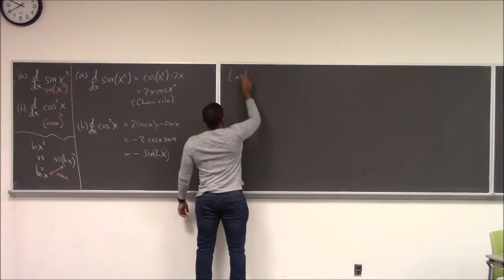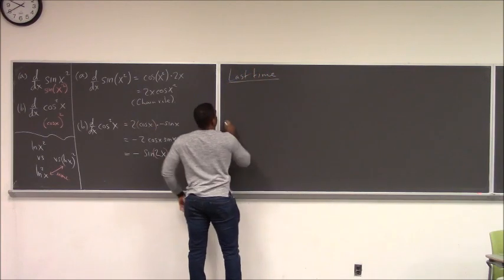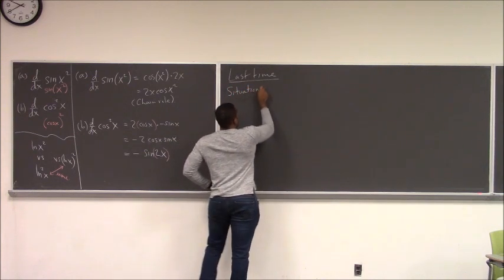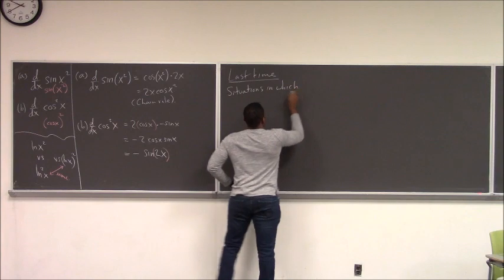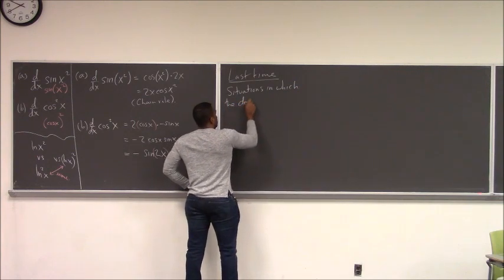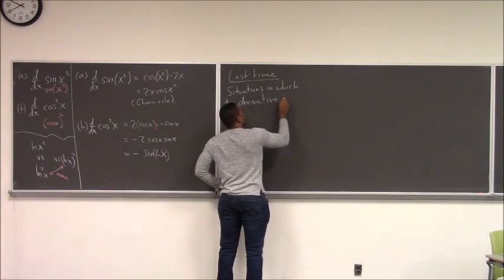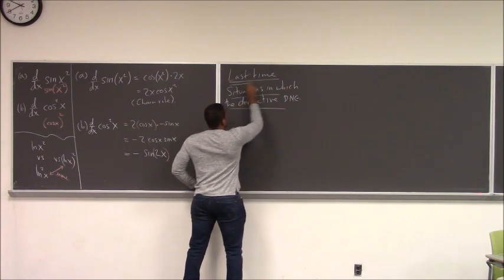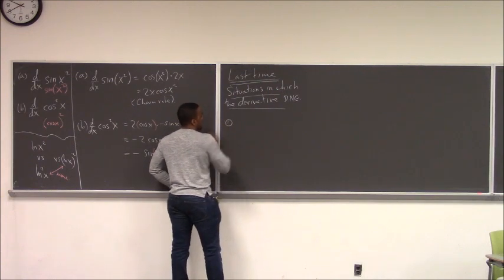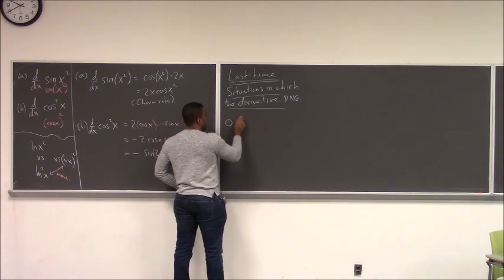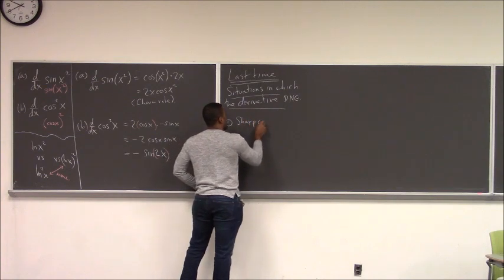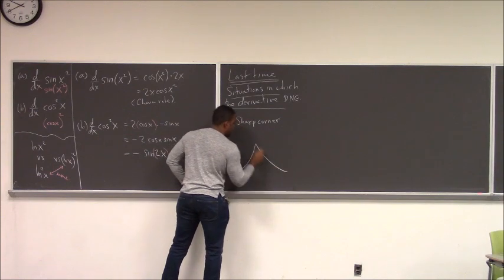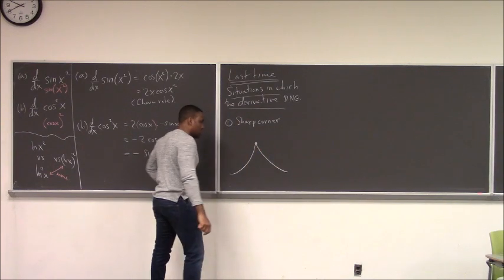Let's talk about where we left off last time. So last time we saw the situations in which the derivative does not exist. So one was in the case that we have a sharp corner. And the idea is if our function has a sharp corner, something that looks like this,